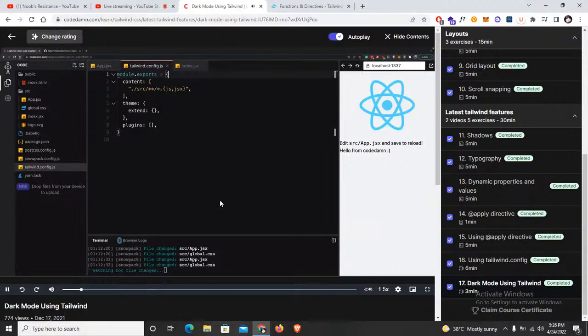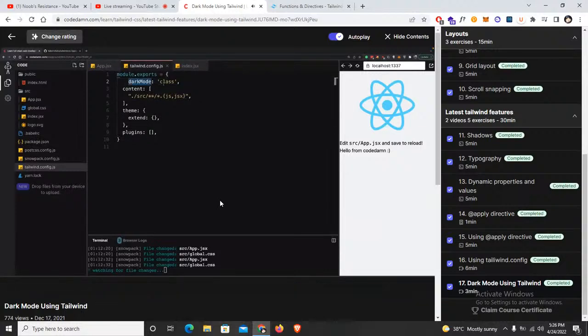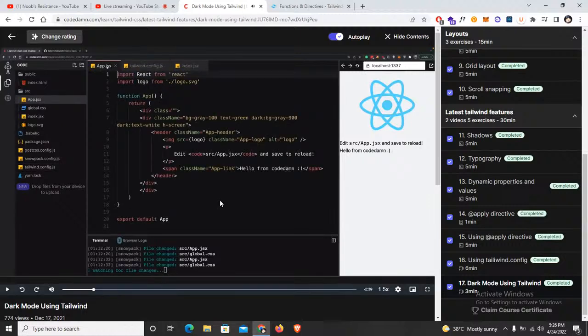JS, you would see that there is nothing over here. But what we can do is add an option known as darkMode of class. So the moment you do this,